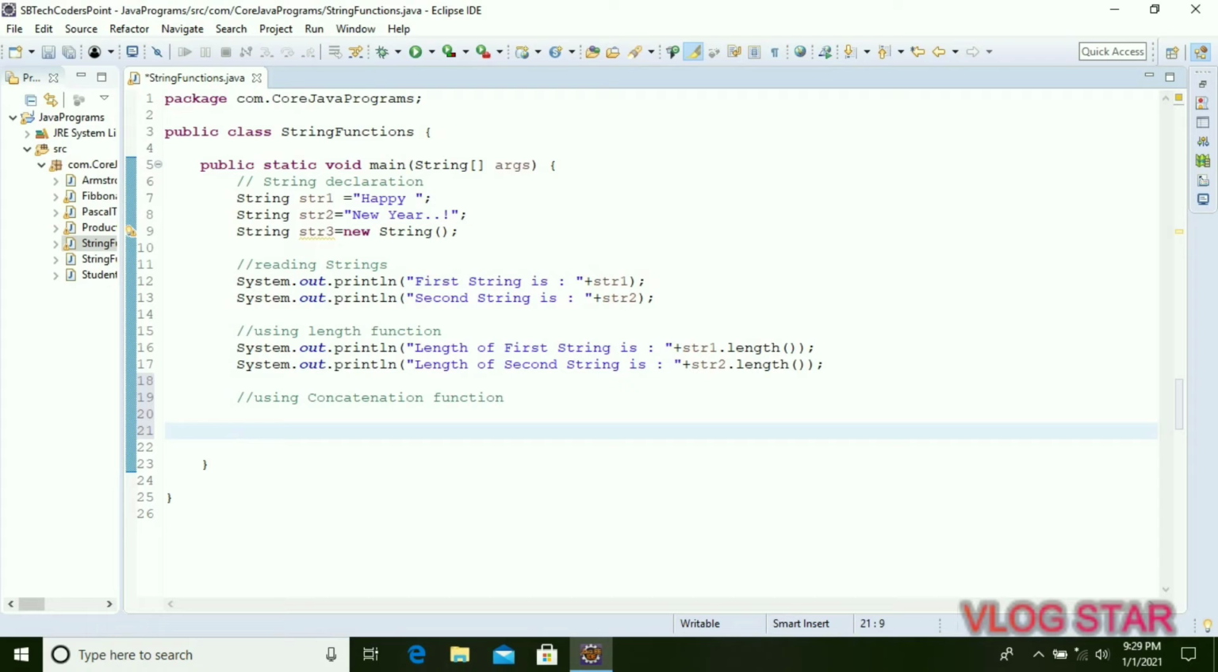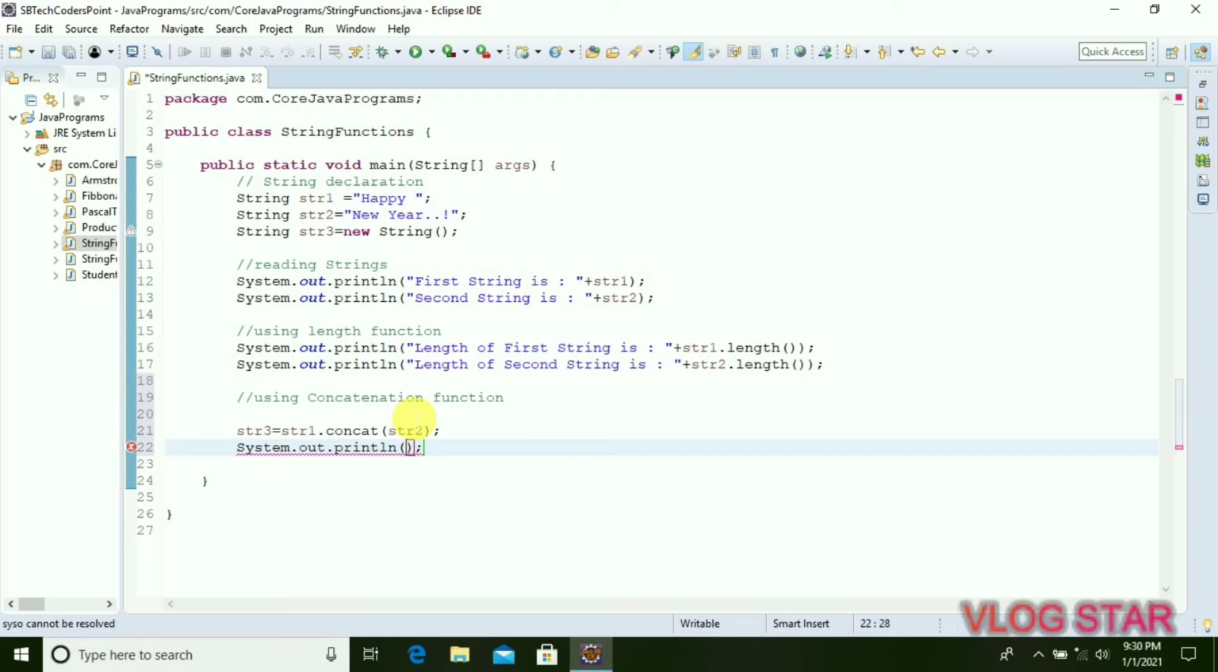So here we need a third string, that is str3, to store our concatenated or combined strings. So we will take str3. This is initialized over here. And now after this we will use our function concatenate. So for that we will take our first string, that is str1 dot concat and second string. So we will concatenate our second string with first string and store it into third string, and we will print third string within system.out.println. So new string after concatenation is